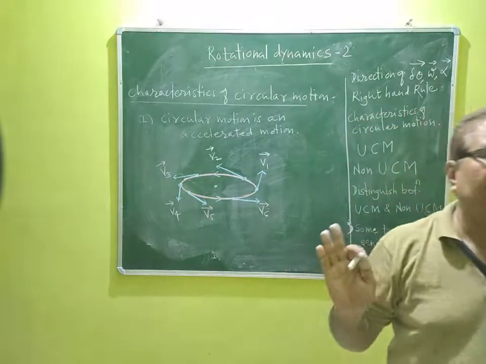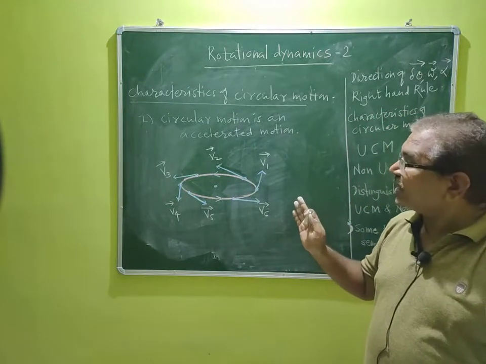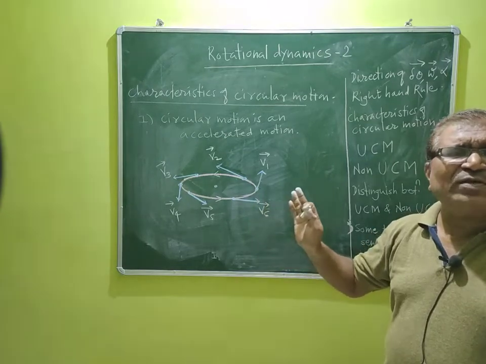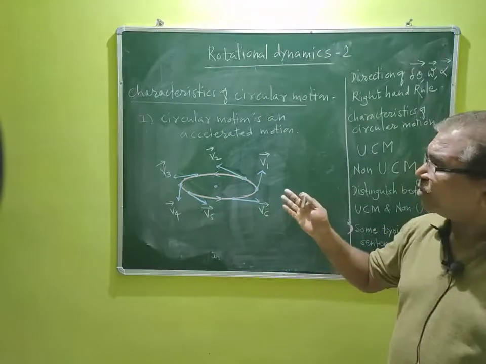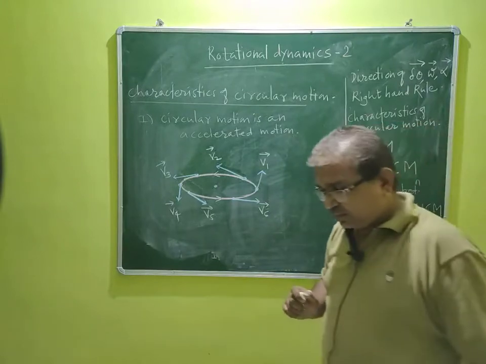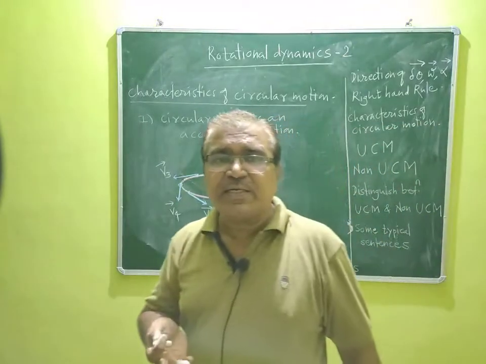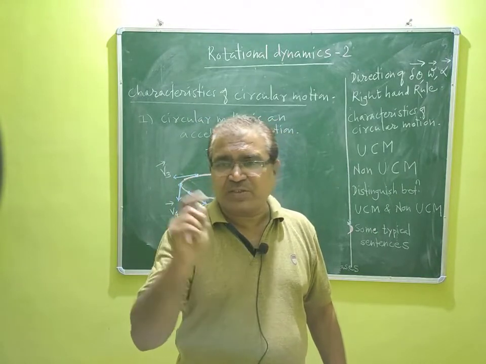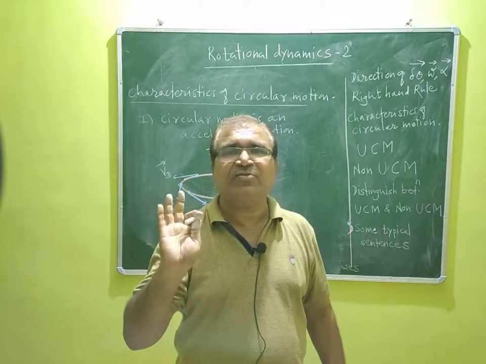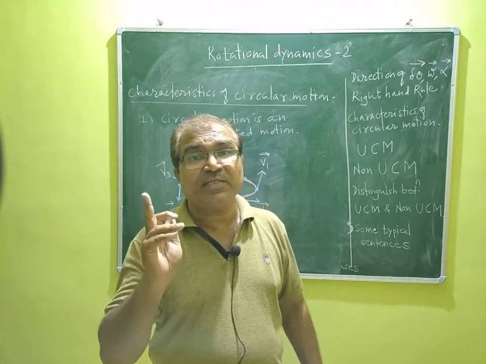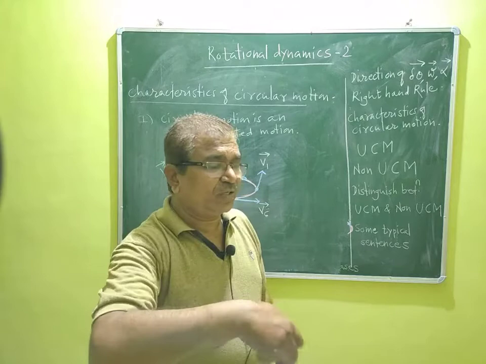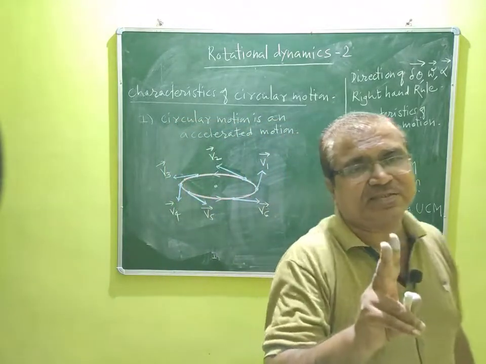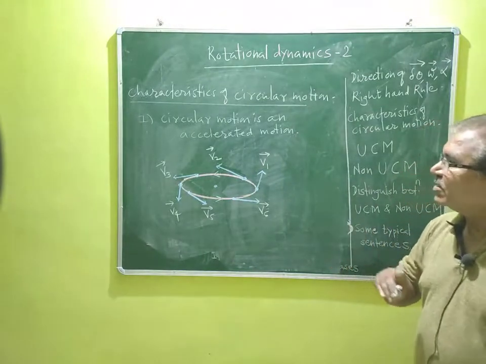Dear student, let us observe this diagram very carefully. What is your observation? Let us think from this diagram. The motion of a particle is circular. It is a circular motion. This is the first sentence. What is the next sentence? The circular motion is in the anti-clockwise direction. This is the second sentence. What is the third sentence?